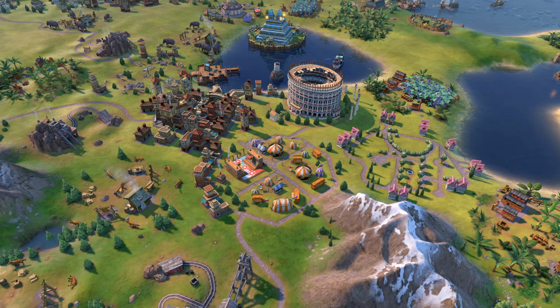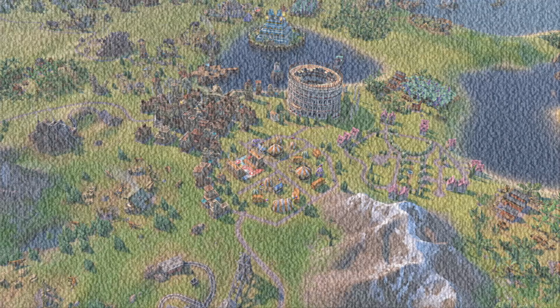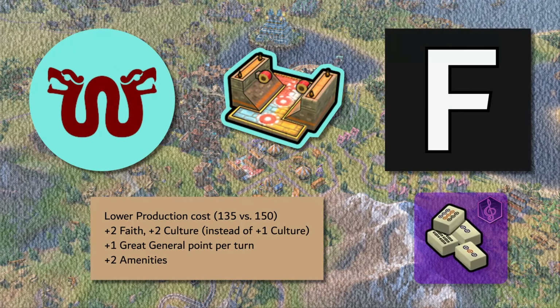So does the Aztec Tlachtli, unlocking at games and recreation and slightly cheaper than the arena it replaces. Like the thermal bath, it suffers from entertainment complexes not being a high priority district, especially this early on. And while I do appreciate the extra faith, culture and great general point, that's also a bit too unfocused to really be a saving grace. Build one if you want to go for Colosseum anyway, but otherwise you might even want to ignore this building